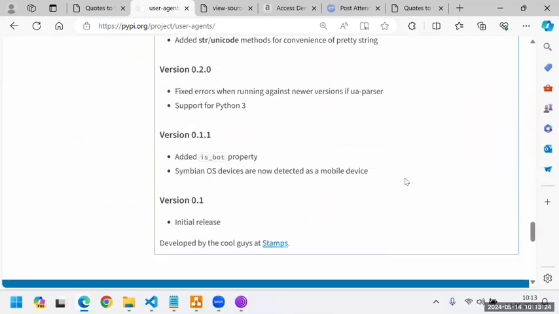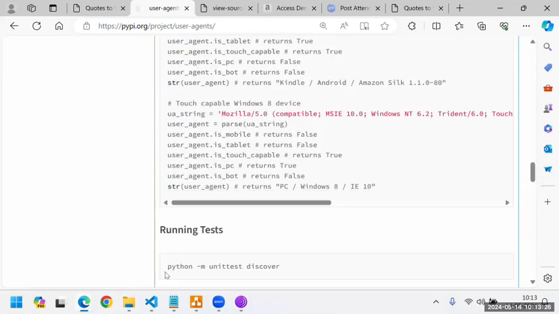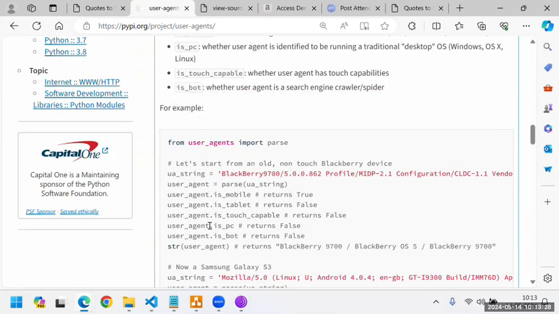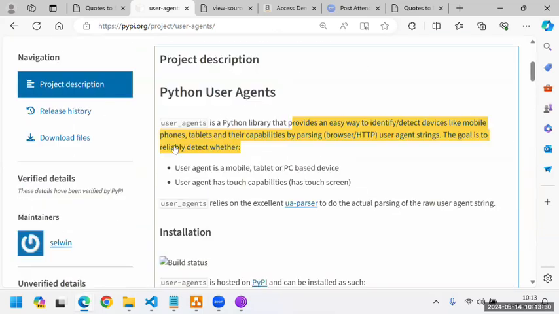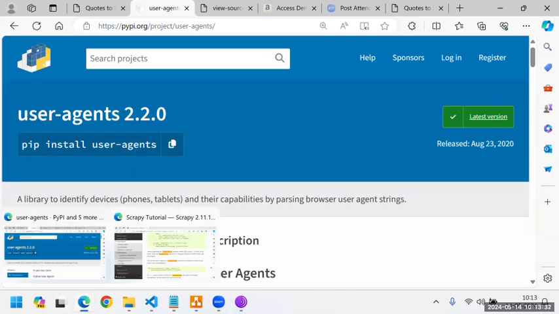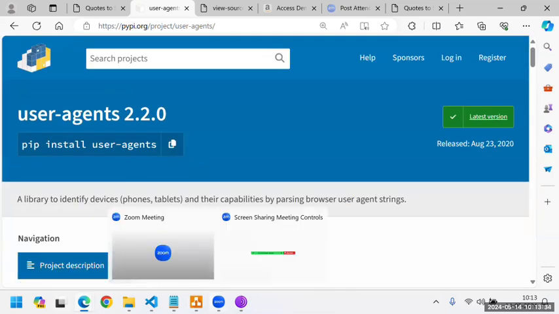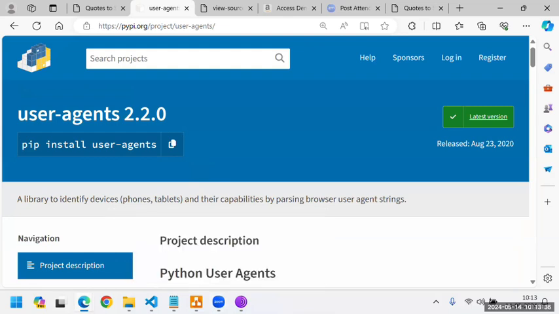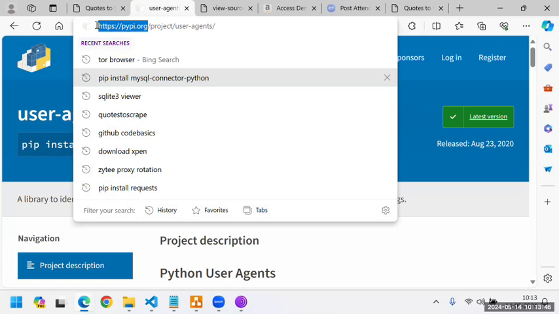So all that you have to do is install this user agent on your virtual environment. Meanwhile, Sir, one question: why is user agent important for us? See, when we try to access this site, pypi.org, okay? So when we are trying to access this site,